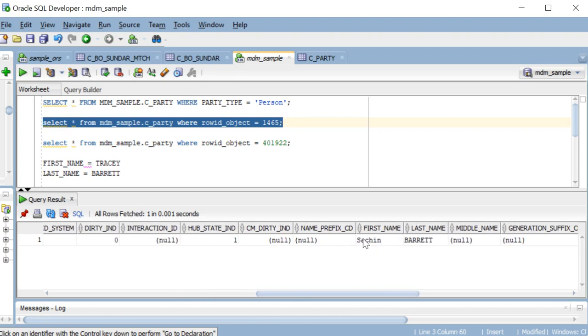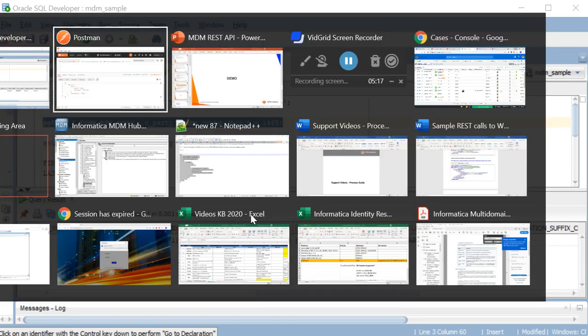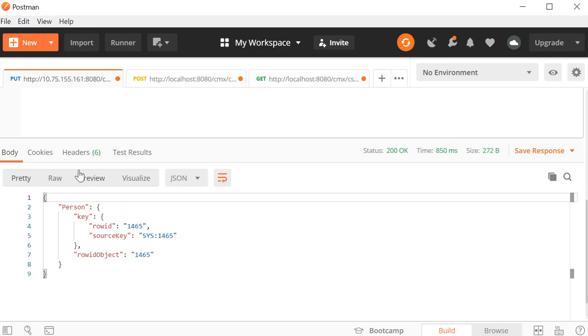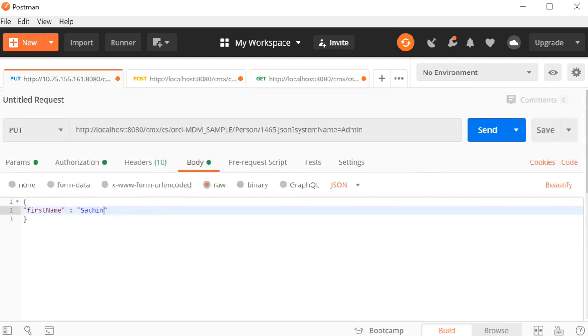Now if you see here, the data got updated from Tracy to Sachin. So this is how you'll be able to run the put call in Postman, and you can update various numbers of fields, and you'll be able to submit or modify the body accordingly.